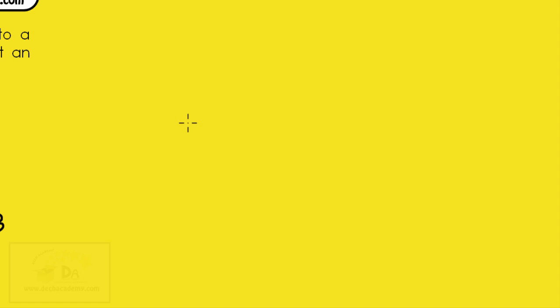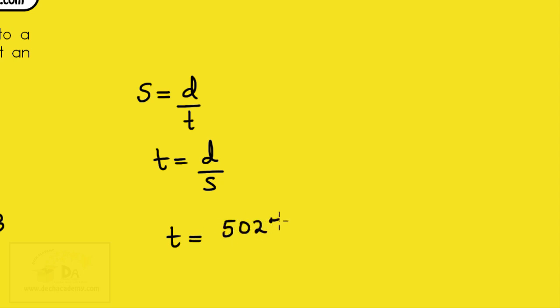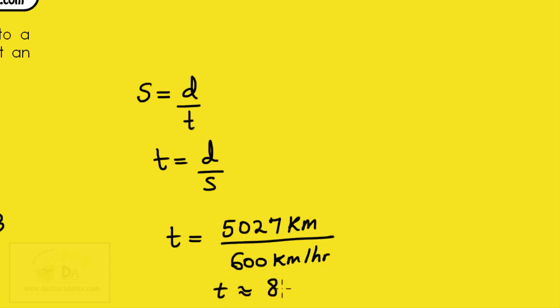So I'll just move here. We know that speed, or average speed, is equal to distance over time. So time is equal to distance over average speed. Distance traveled we now know is approximately 5,027 kilometers, and the average speed was given as 600 kilometers per hour. So what's the journey time? It's simply approximately 8.38 hours,